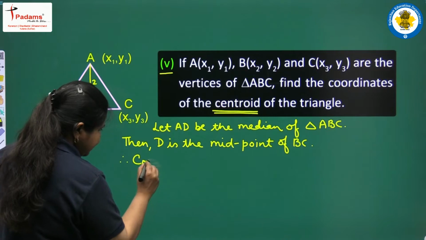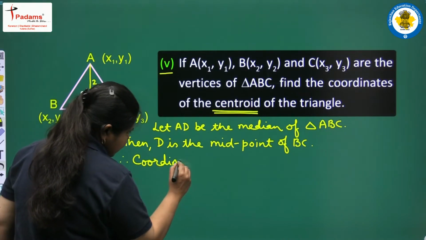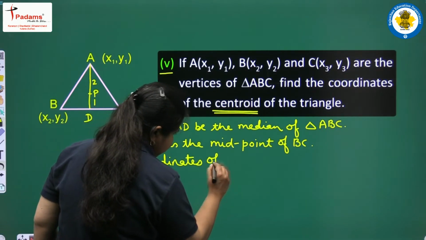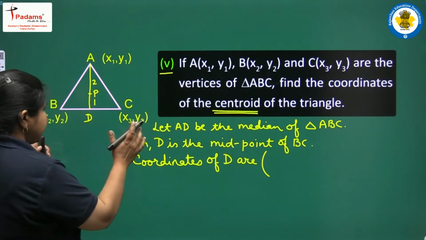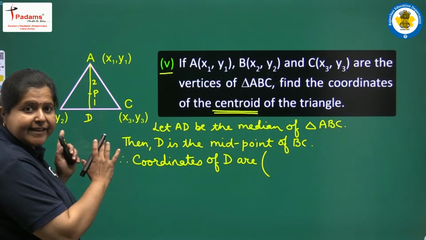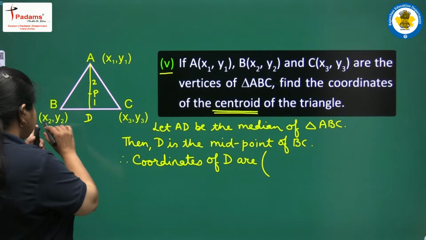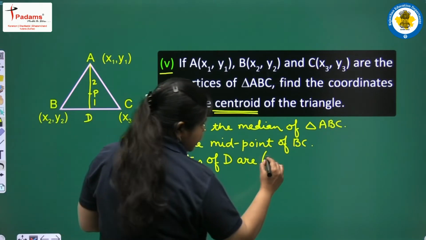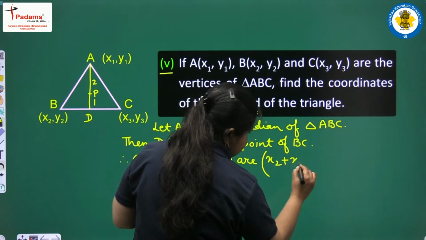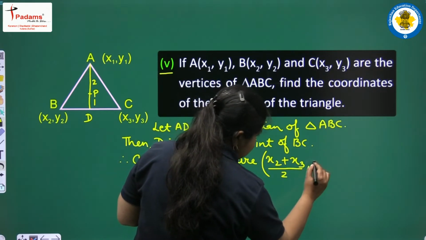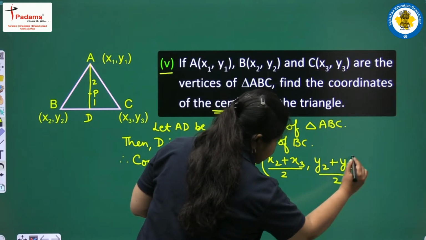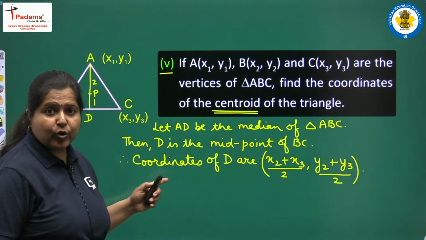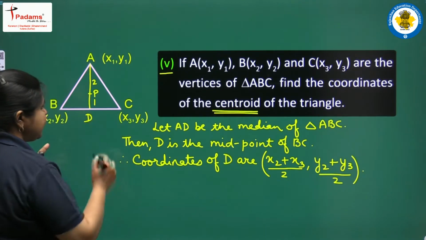Therefore coordinates of D, देखिए ये क्या हो जाएंगे आपके मिड पॉइंट फॉर्मूला से, दोनों तरफ के कोऑर्डिनेट्स एडअप करने हैं, x के केस में x कोऑर्डिनेट्स एडअप करेंगे, x2 plus x3, and then divide by 2, y कोऑर्डिनेट हो जाएगा (y2 plus y3) upon 2। ये हो गए पॉइंट D के कोऑर्डिनेट्स।